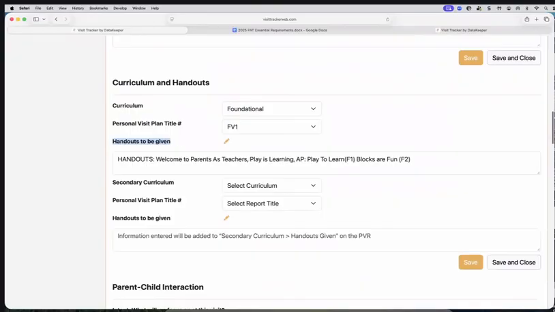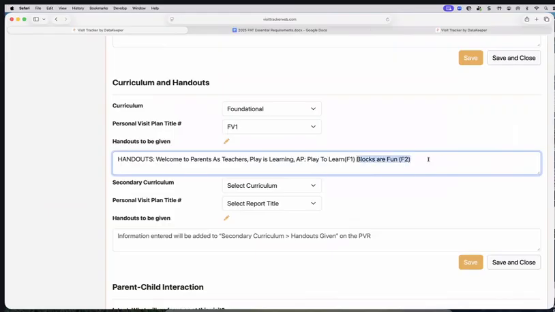Moving down to handouts. So the handouts will be listed here for what's recommended for that foundational one visit. Again, any handouts you're going to give in addition to, maybe you have a specific organization handout, something like that, that you provide the family, you can get that added as well. And the other thing with handouts is we have this little pencil icon that will allow you to actually check